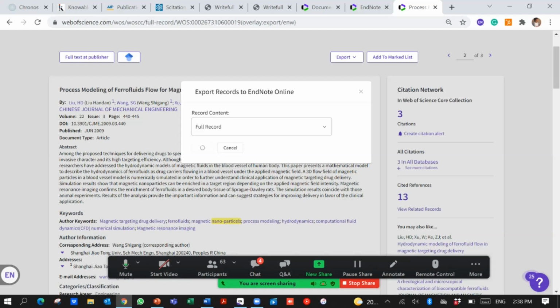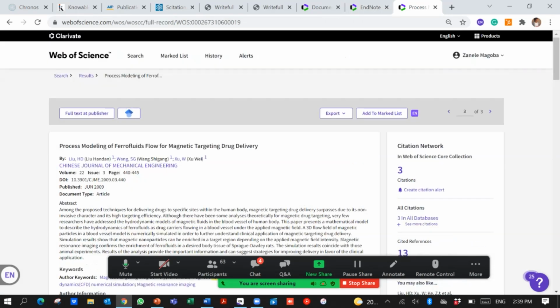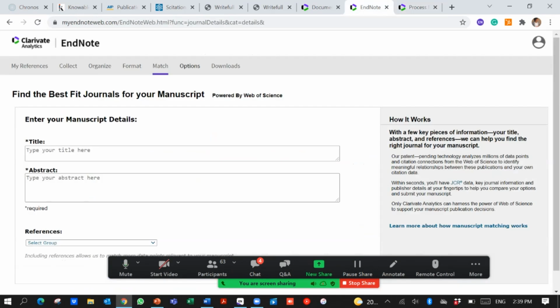So just to recap what we've done. I'm doing research. I've started with an aggregated database called the Web of Science. I've conducted a search. There's an article I'm interested in looking at, and I've just added that particular article onto my EndNote library. So if I go to my references,